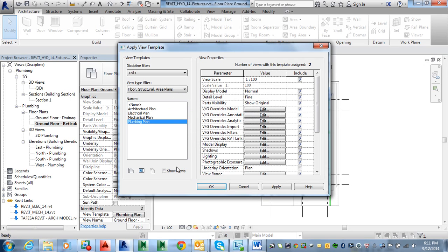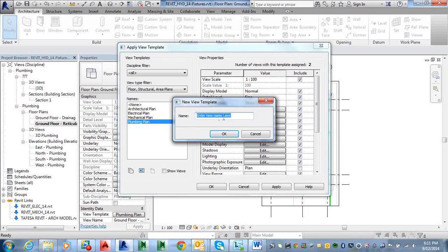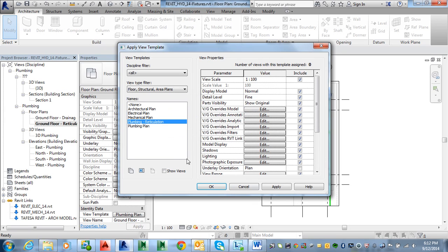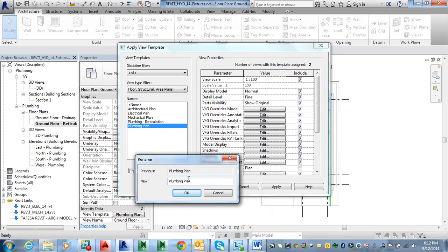Oh, it's the wrong one. So let's rename the duplicate. Okay, so we should have plumbing drainage and reticulation. Okay with that? Okay, so in the reticulation view template,